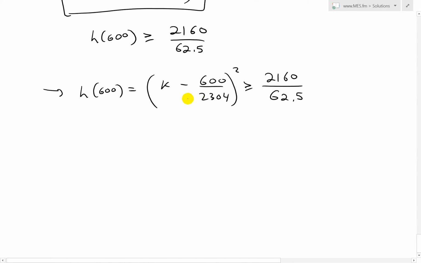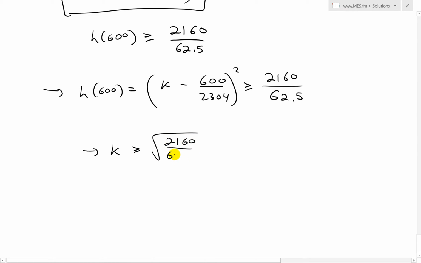So rearrange this, so square root both sides, and then move this 600 divided by 2304 to the other side. We get a k value that is greater than or equal to the square root of